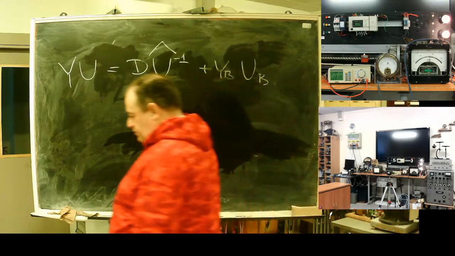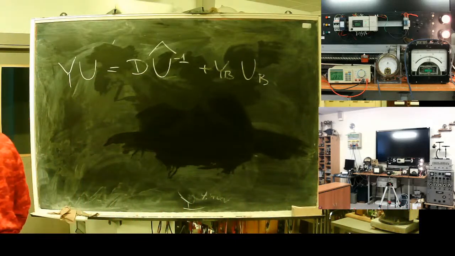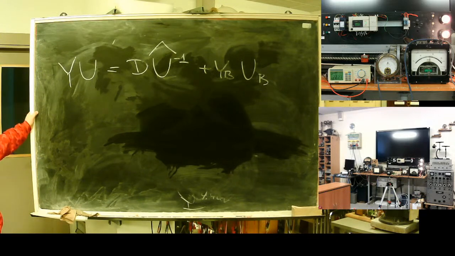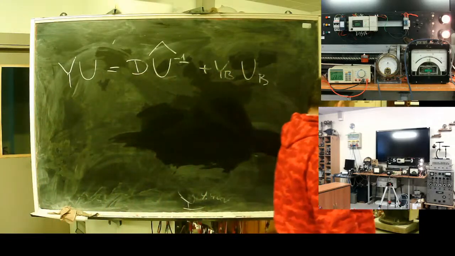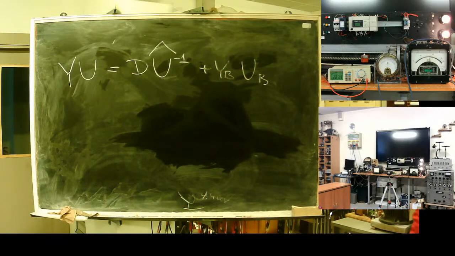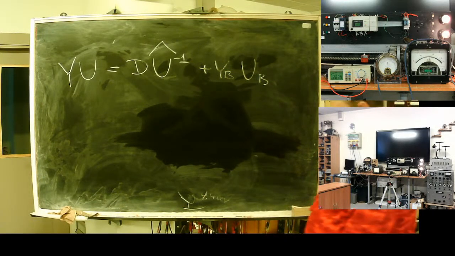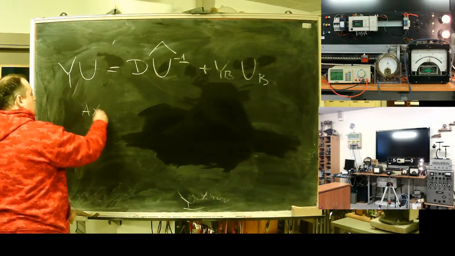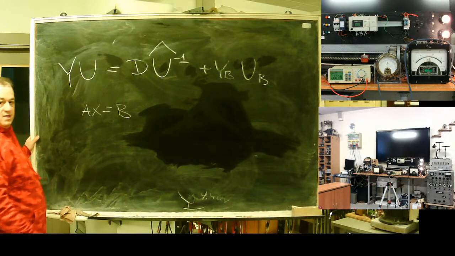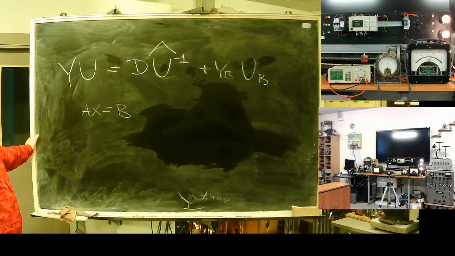We can use an iterative or sequential method. Let's try to adapt the classical Seidel method to this problem. The Seidel method of solution of a linear system asks us